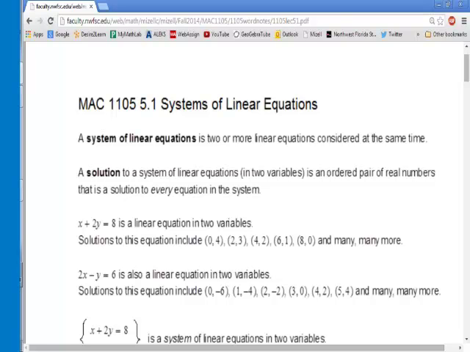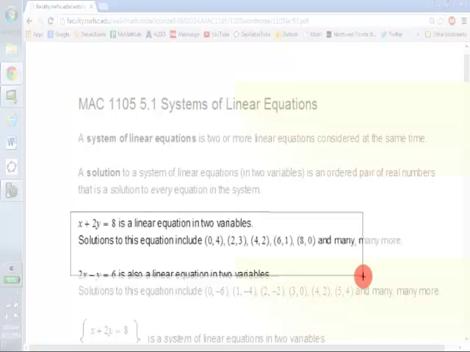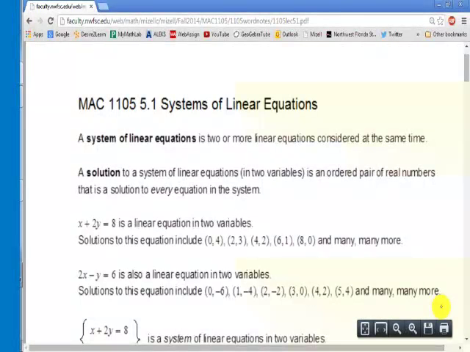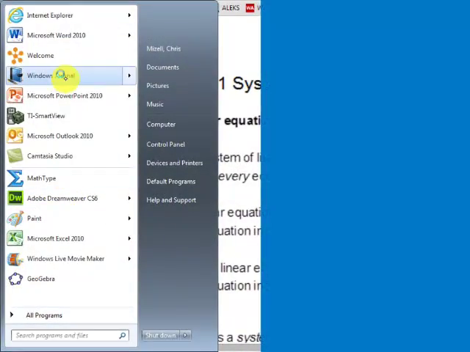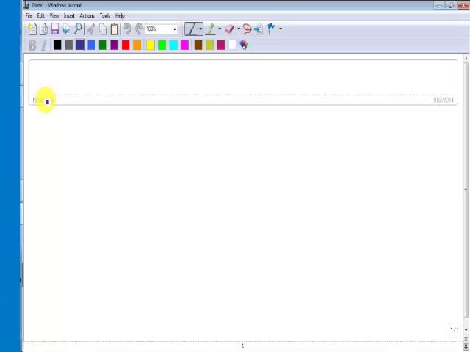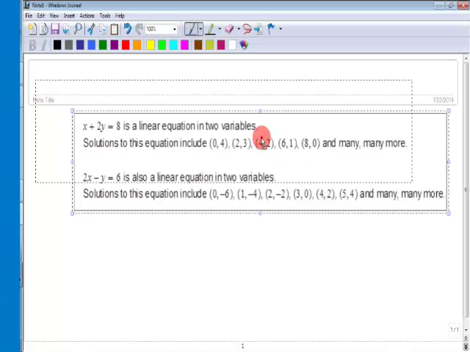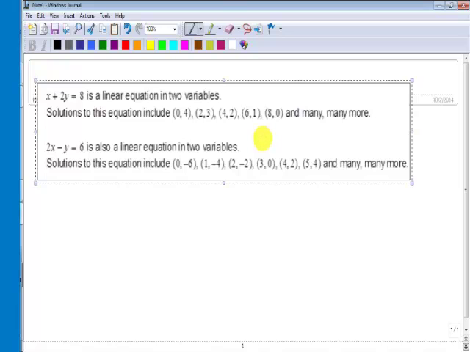We're looking at a bunch of points on the straight line, and what that means is that we pick any one of those points on that straight line, the ordered pair is going to satisfy the equation. So if we consider at least two equations at the same time, what we're considering is a system of linear equations. x plus 2y equals 8 and 2x minus y equals 6 considered at the same time is a system of